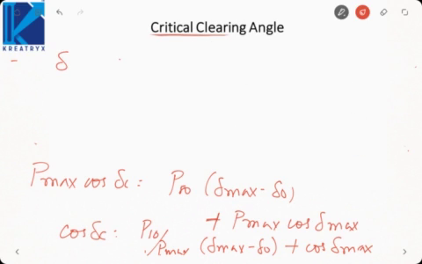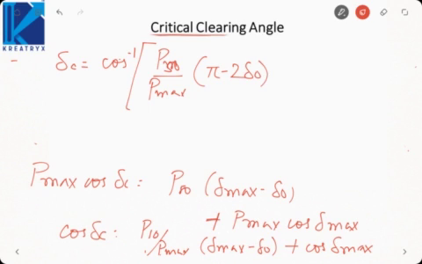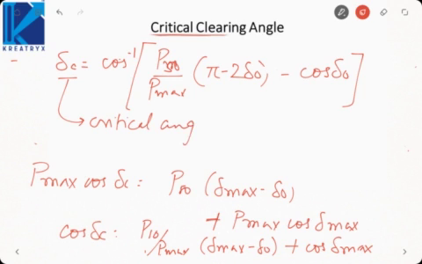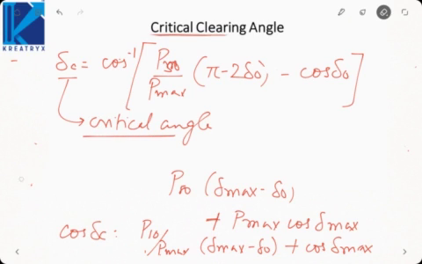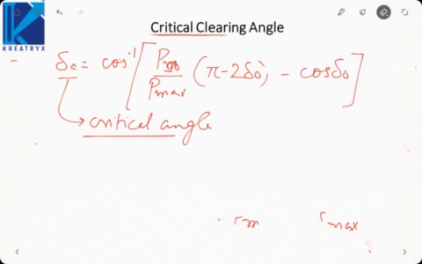So delta C will become equal to cos inverse of PS naught, or mechanical power, by P max, into delta max minus delta naught. Delta max was pi minus delta naught, so it will become pi minus 2 delta naught. Cos delta max will be cos of pi minus delta naught, that is equal to minus cos delta naught. So this will be my critical clearing angle. This angle means the maximum angle at which the fault can be cleared. Otherwise, what happens is, if you clear the fault after this angle,